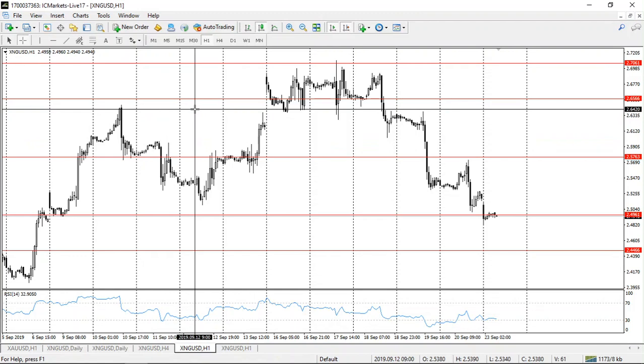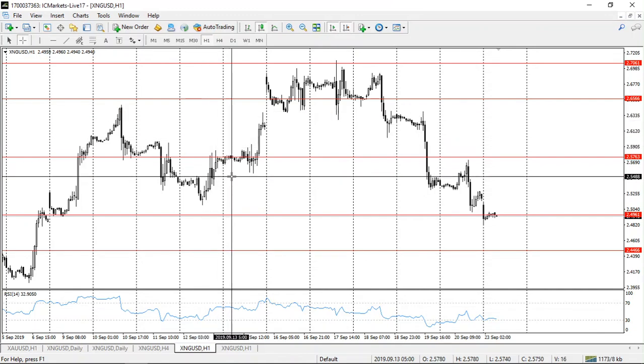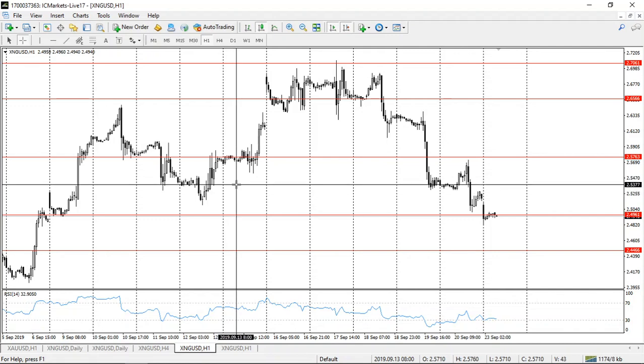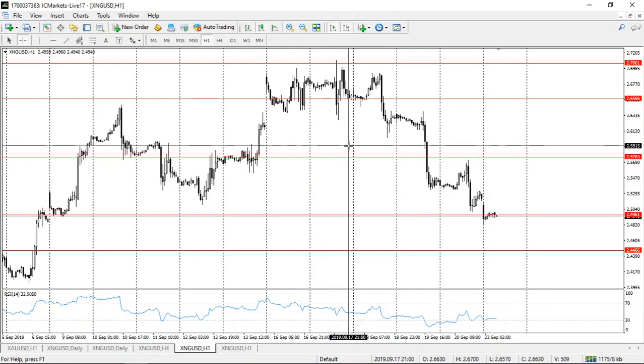We would be looking at maybe selling anything around that 2.5303, more or less over there, with stops just above this handle that we've marked out as the